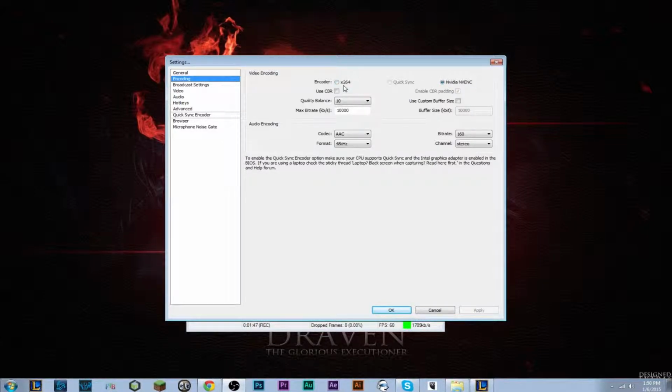Most people will just want to use the x264 setting. If you don't know if your computer or your graphics card can handle this kind of setting, just go with x264. It will work just fine. When recording game footage on your computer,